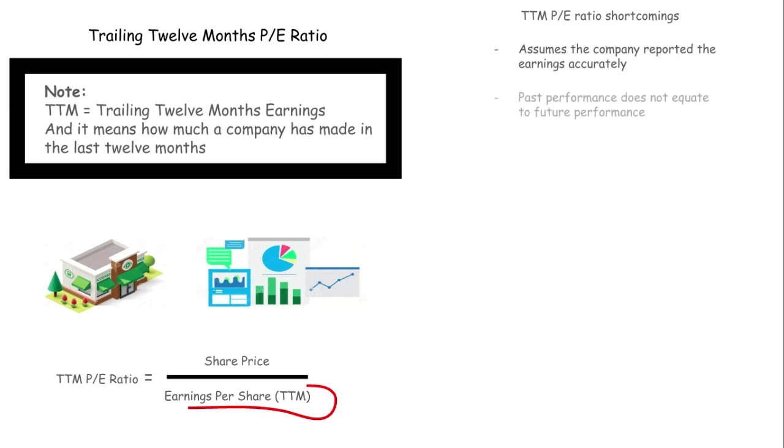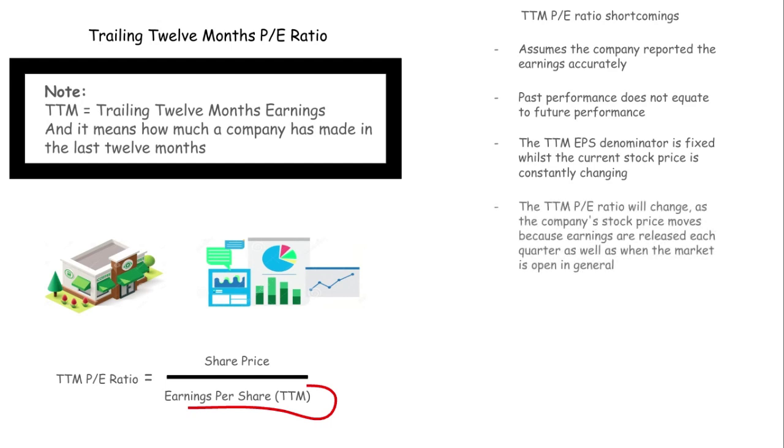Past performance does not equate to similar future performance. The trailing 12 months earnings per share denominator is fixed, whilst the current stock price is constantly changing. Hence, the value of the trailing price to earnings is always changing as well. The trailing 12 months PE ratio will change as the company's stock price moves because earnings are released each quarter, and the market reacts to the earnings report. The stock price also moves in general when the market is open, thus the trailing PE ratio is always in